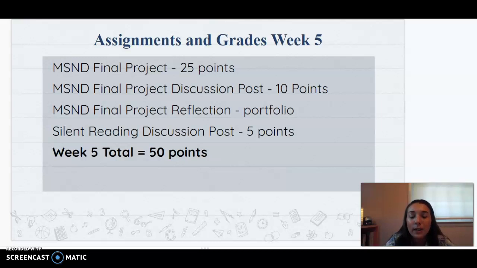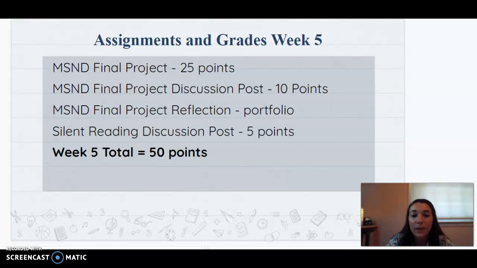All right, silent reading discussion post is 5 points as it is every week, which makes this week 50 points total. If you have any questions, please remember that the points may differ. Please look at the rubric. Sometimes points get adjusted based off of anything that changes throughout the course or expectations based on the information that we have covered throughout the course. So please make sure that you are checking the rubric, checking online at your grades to make sure. Points may differ occasionally by like 5 points, 3 points, but for the most part,